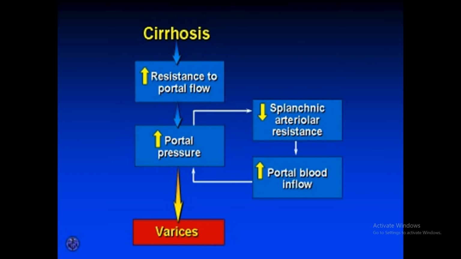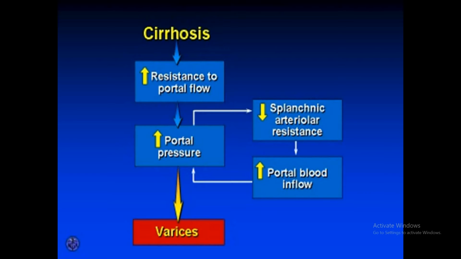those places where there is anastomosis between the systemic and the portal circulations. There are three sites. Only one site is important, and that is the gastroesophageal junction, where the esophageal varices occur. The second one is at the rectum, where the inferior or the middle rectal veins anastomose with the inferior mesenteric vein. It can cause, in some cases, varices there and hemorrhoids.